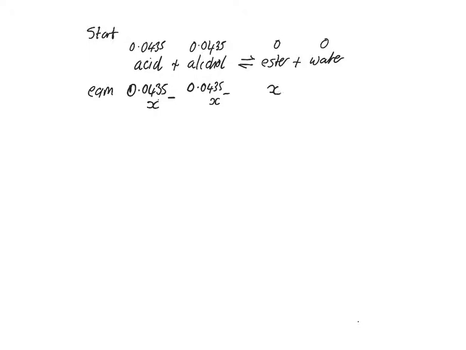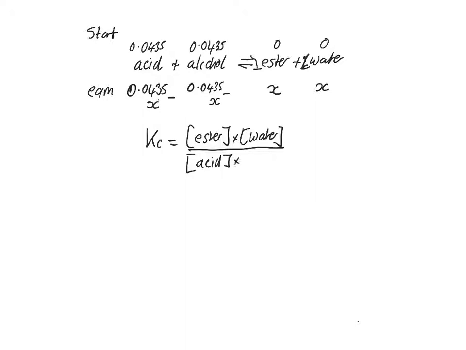So we've formed X moles of ester, and because it's a 1:1 ratio, we must also have formed X moles of water. So if we now construct the expression for Kc, that's equal to the concentration of ester times the concentration of water, divided by the concentration of the reactant, which is the concentration of the acid, multiplied by the concentration of the alcohol. In this case, because there's equal moles on both sides, volume cancels out, so we don't need to convert